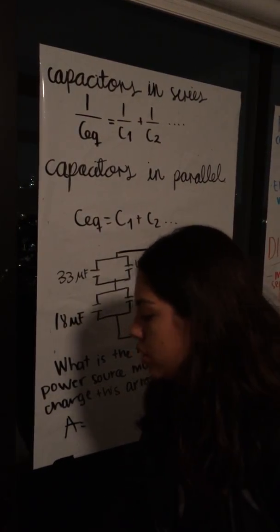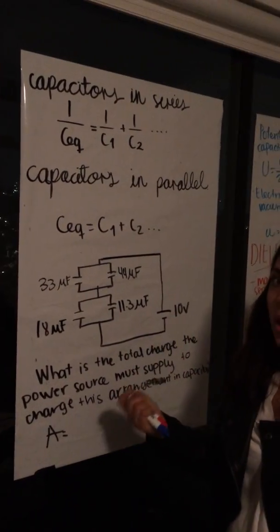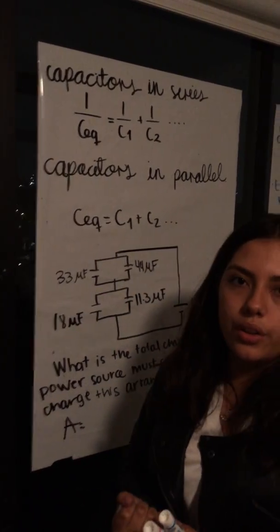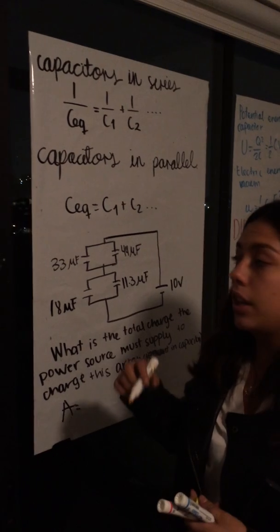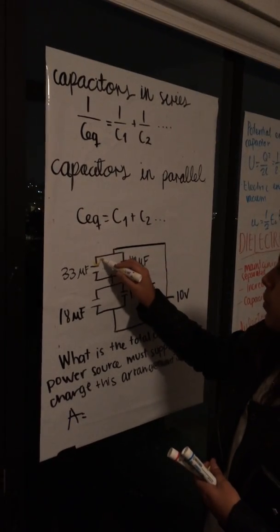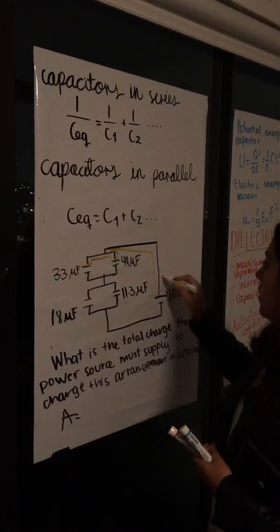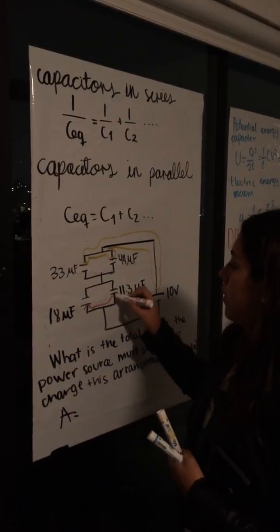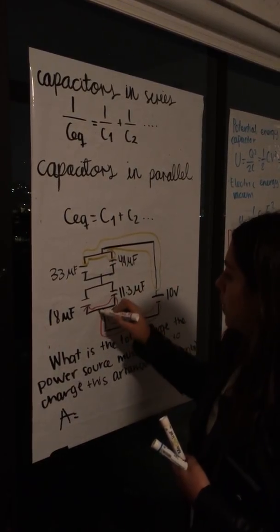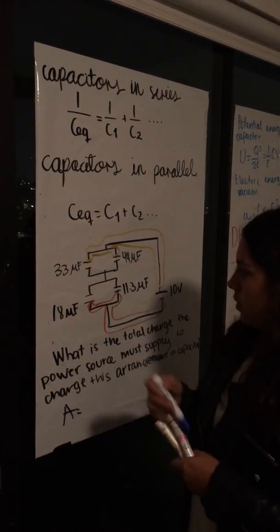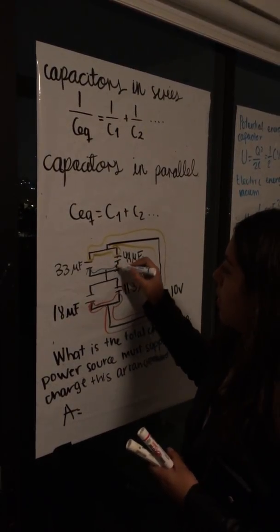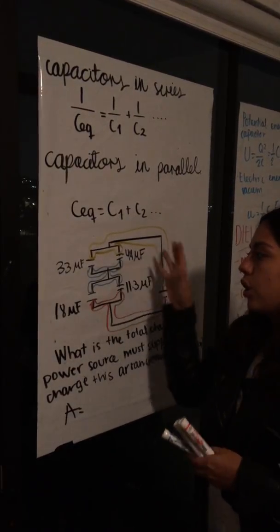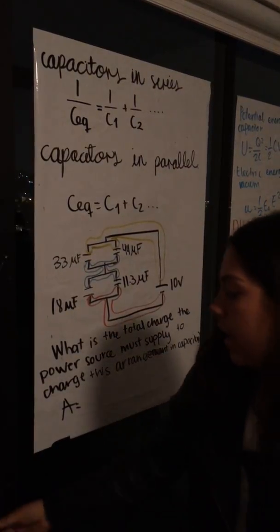A good tip that I use in order to find which elements in the circuit are in parallel and which ones are in series is to color the nodes that are connecting them. For example, this one would be a node, and it's going to this one. So now that we have all colored, we can easily see that